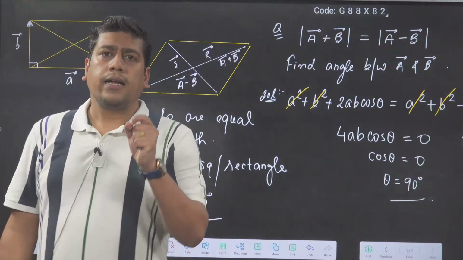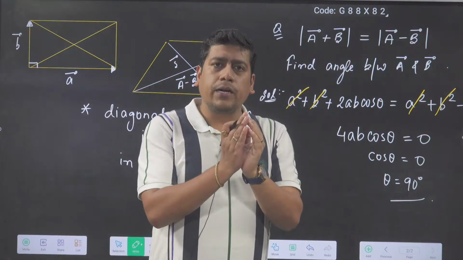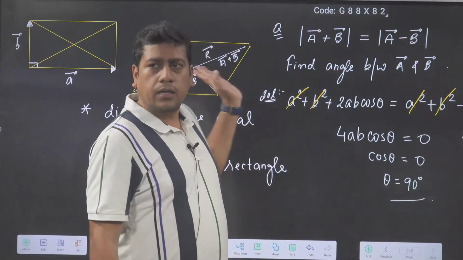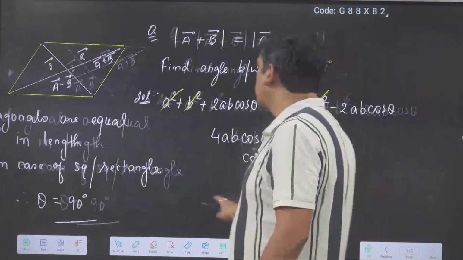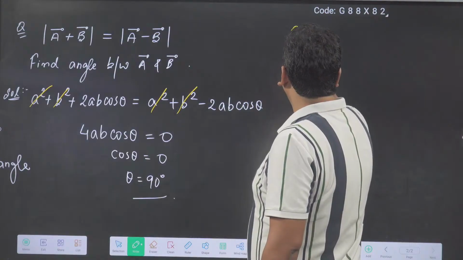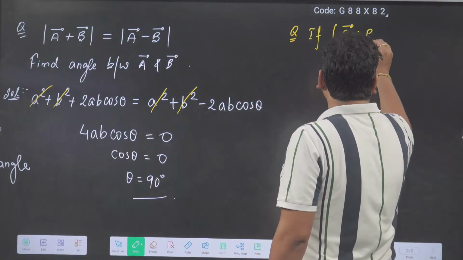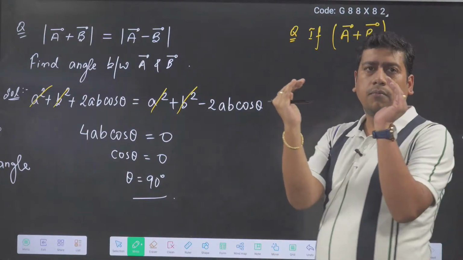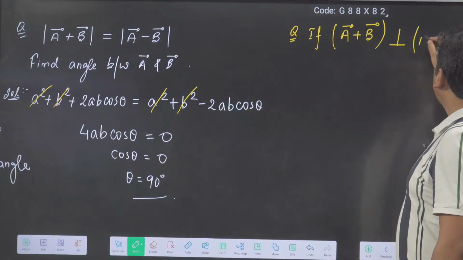Please understand, if anywhere you get a question in which both a vector plus b vector and a vector minus b vector are there, try to apply this diagonal concept. Like one more question I can ask you based on a similar concept. If a vector plus b vector, I'm not saying its magnitude, I'm just putting a bracket, not a mod sign, is perpendicular to